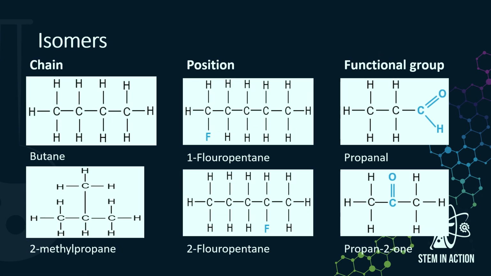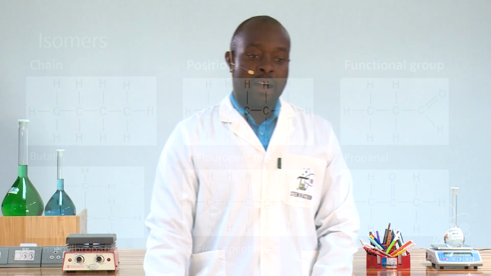So here I am displaying all the isomerization types that we get, and we said these are chain isomers, these are position isomers, and these are functional group isomers. And I would like to mention, whilst we are here, that when you have got chain isomerization, you get a difference in physical properties. So here I would like to mention some of the differences that arise from having different